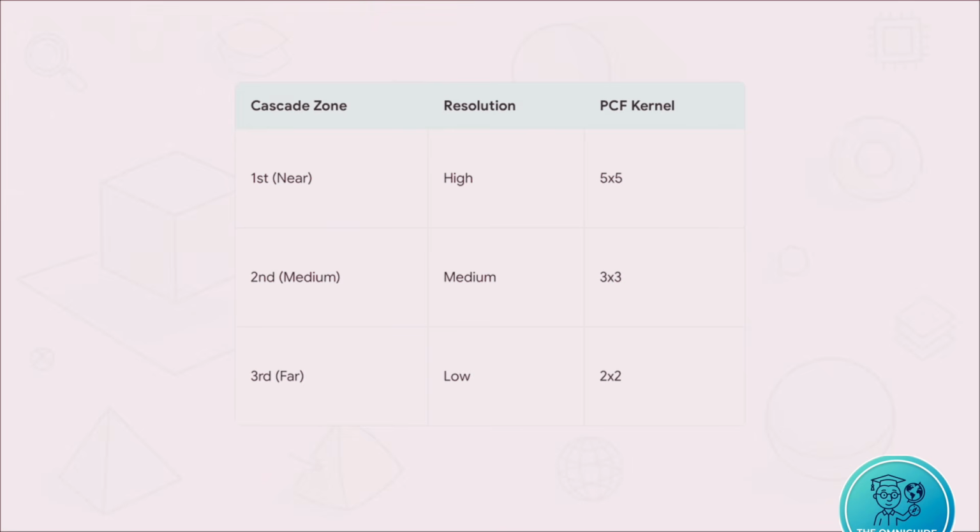In the first Cascade, the near zone, right up close where the player actually looks, we spend our precious computing power on a high-resolution 5x5 kernel. But in the third Cascade, the far zone, way off in the distance, we cheat. We drop it to a low resolution with a 2x2 kernel. The human eye literally doesn't notice the lower quality far away, but let me tell you, your graphics card absolutely